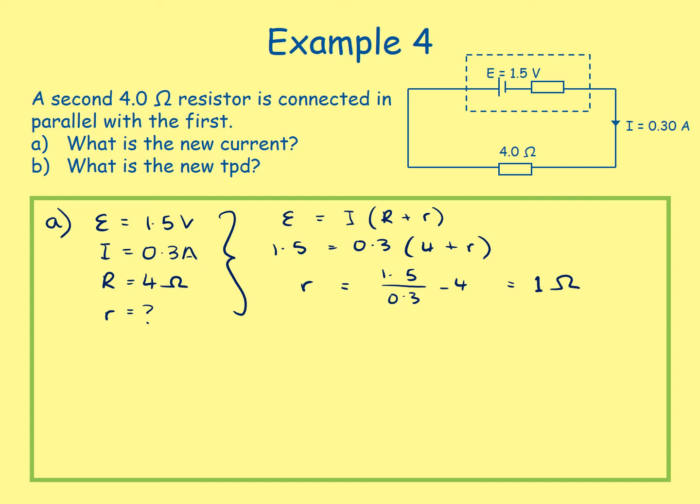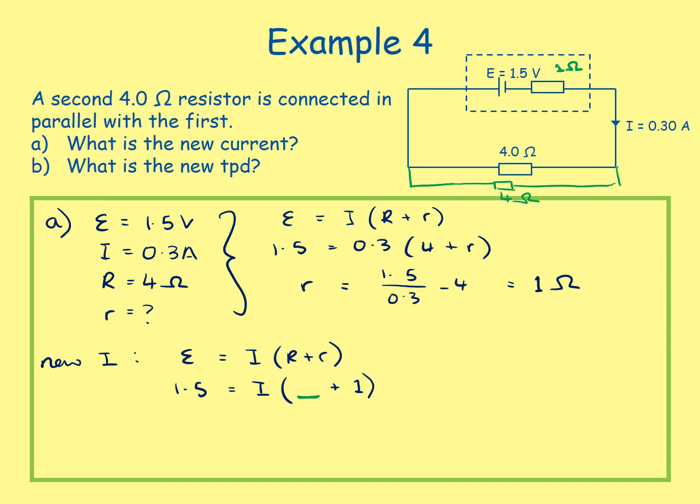I'm going to add that onto our diagram up here. So now our new current, we can work out using the same equation. Our EMF equals our current multiplied by the sum of the resistances. Our EMF is still 1.5. Our current is what we're working out. Our new resistance, again, is something we need to put in just there. And then our internal resistance is 1 ohm. So for that new resistance, I'll add it onto the diagram, adding another resistor in parallel with the first, and that's 4